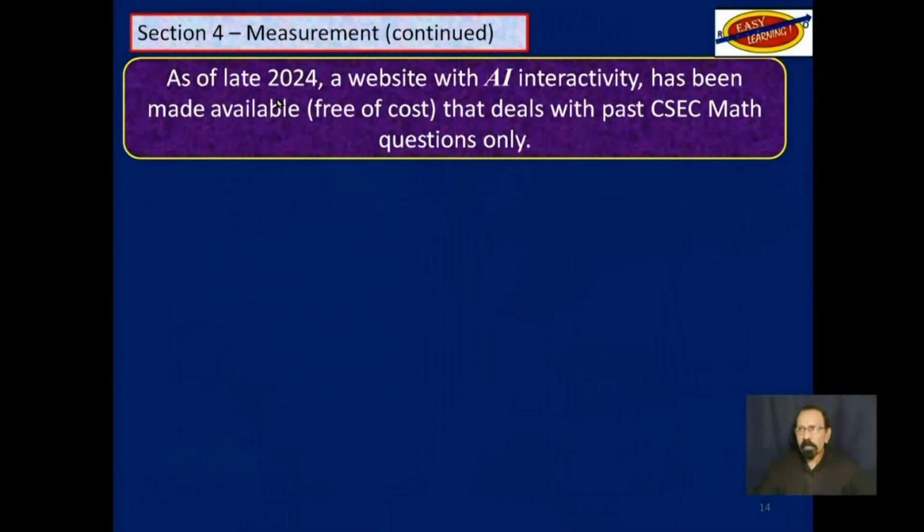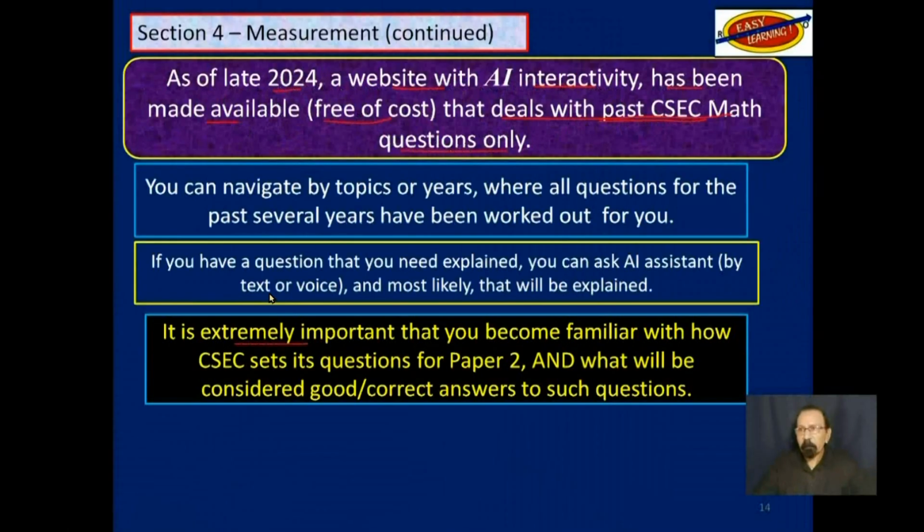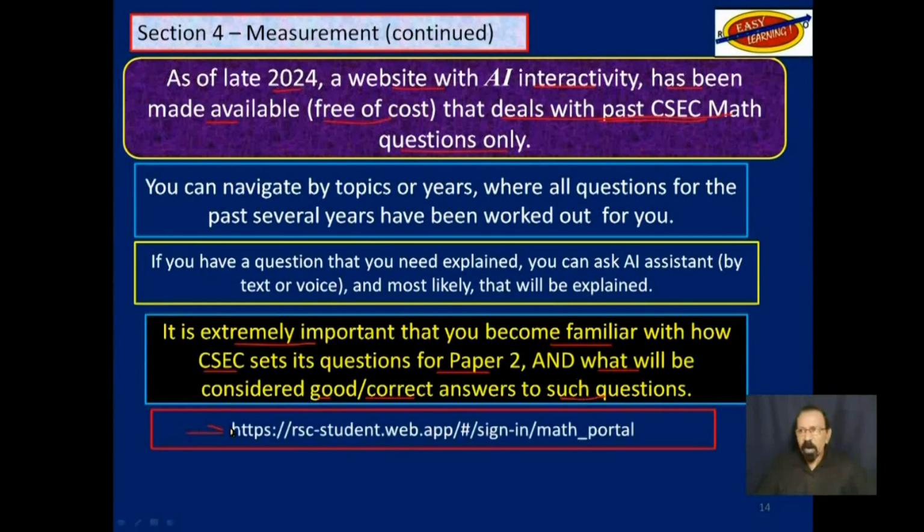Also, as of late 2024, a website with AI interactivity has been made available free of cost that deals with past CSEC math questions only from paper 2. It is extremely important that you become familiar with how CSEC sets its questions for paper 2 and what will be considered good or correct answers to such questions. This is the URL of that